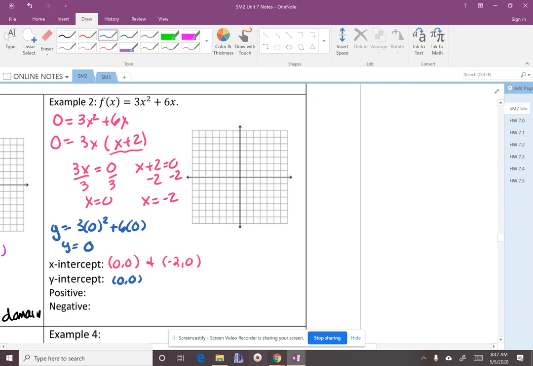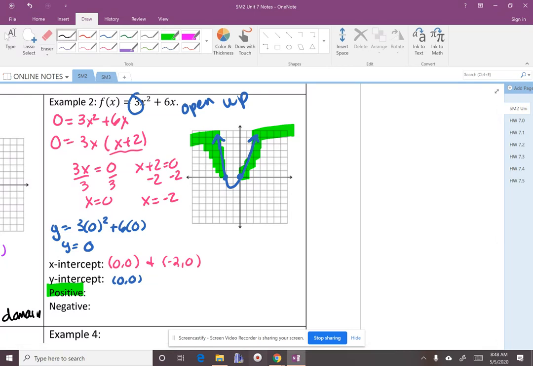So then I'm going to graph those points. And I have a point at 0, 0. And I have a point at negative 2, 0. And then I'm going to have to reflect back on what I know. And I know that because this is positive, it's going to open up. So my sketch is just going to be like this. I just know that it opens up. I don't care about anything else except for whether it opens up or down. Okay? So now if I look at positive,